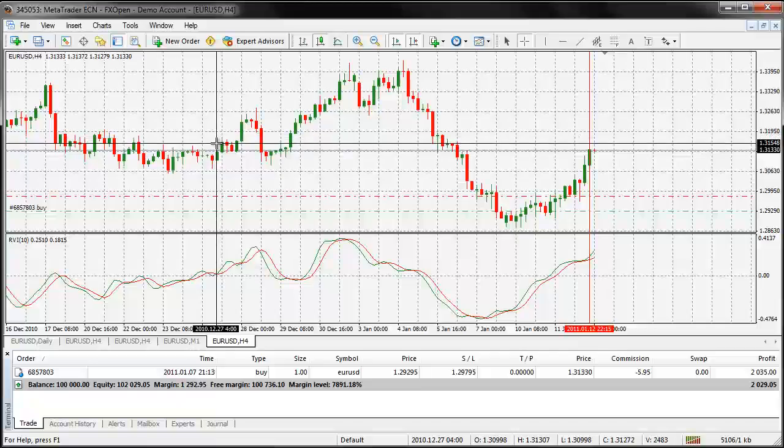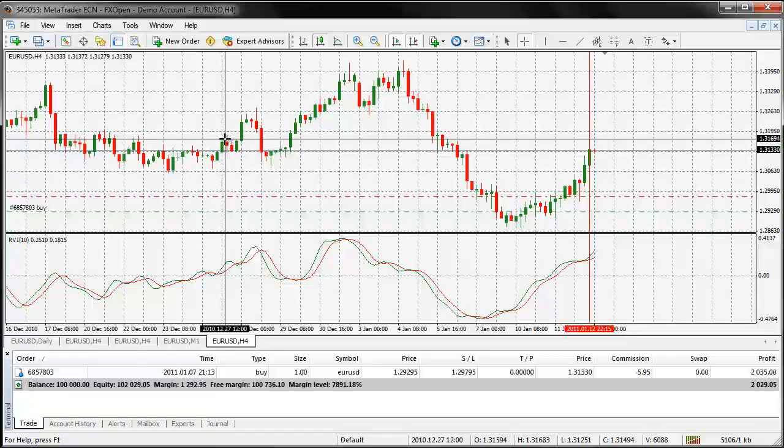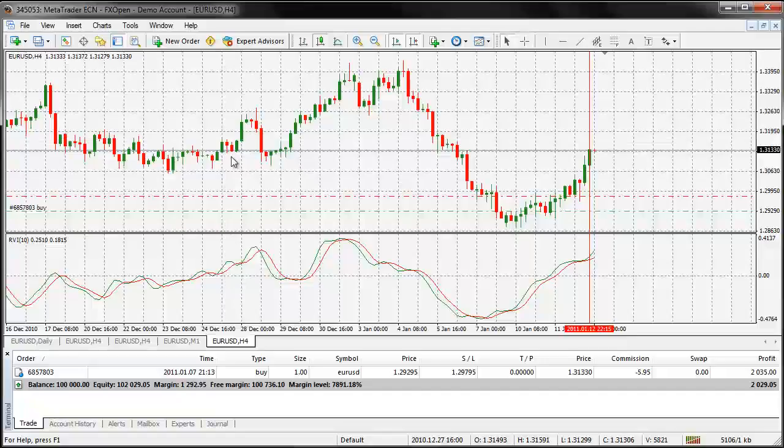So it does appear on the verge of a resistance level, so we could possibly get away with that. But once it breaks, you want to then go ahead and target